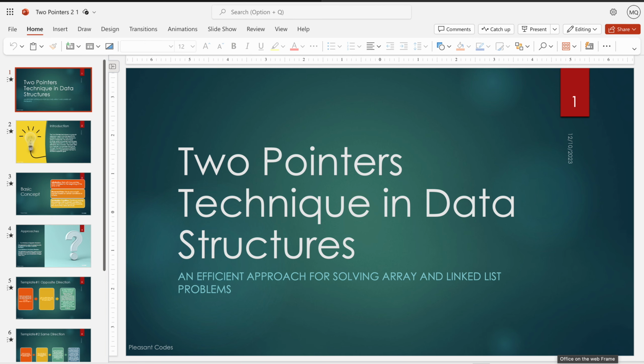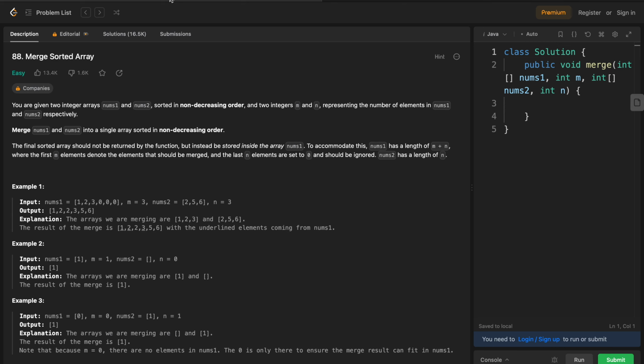In fact, we're going to improvise this two pointer technique and use three pointers instead of two pointers. So let's see this. I'm going to show you this LeetCode problem number 88. Okay, in this problem,